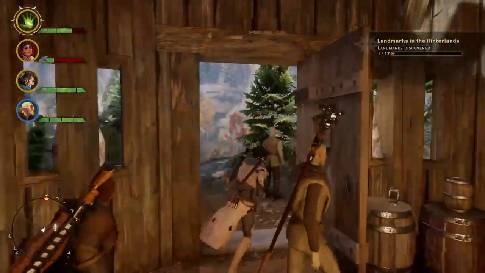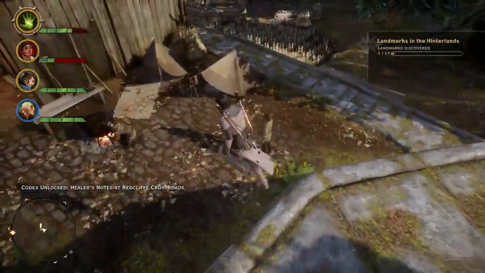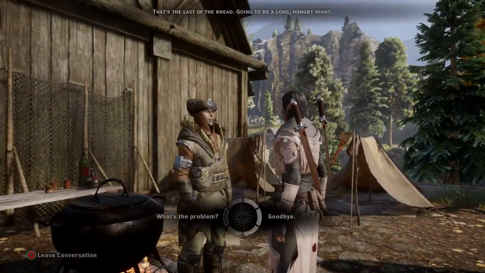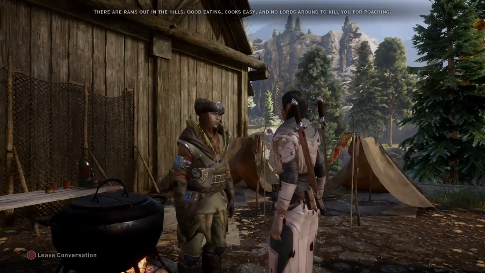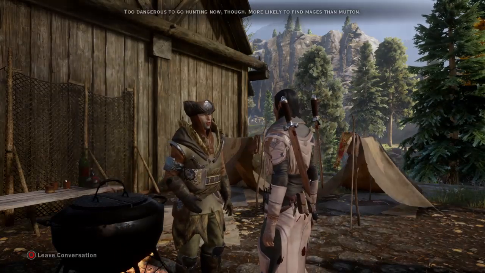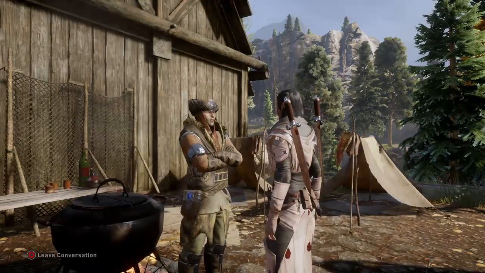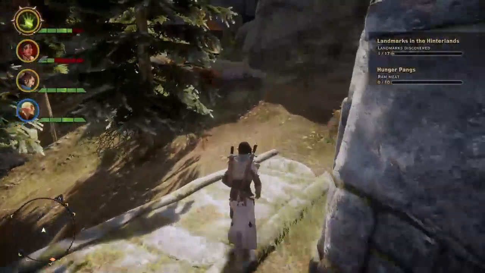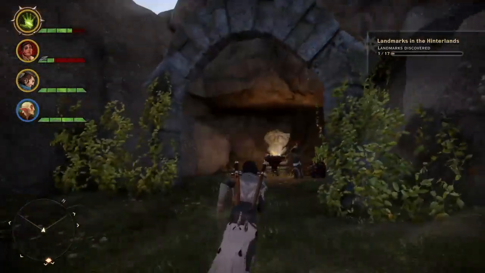Healer's notes at Redcliffe Crossroads. Right, you're down there. Are you sure? That's the last of the bread. Going to be a long, hungry night. These people need food. There are most rams out in the hills. Good eating, cooks easy, and no lords around to kill you for poaching. Too dangerous to go hunting now. More likely to find mages than mutton. Good luck. Luck won't put fat on your ribs. That is a fact. It's just what I heard. Luck can't hurt, but you know...